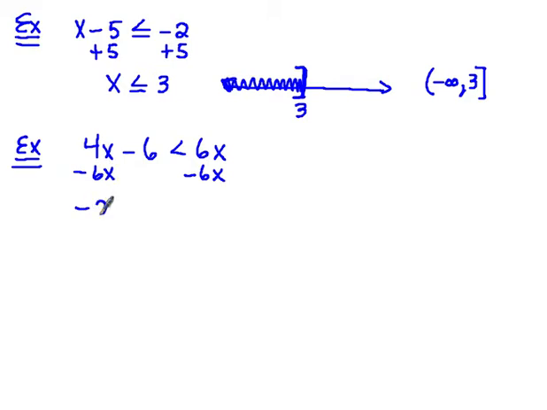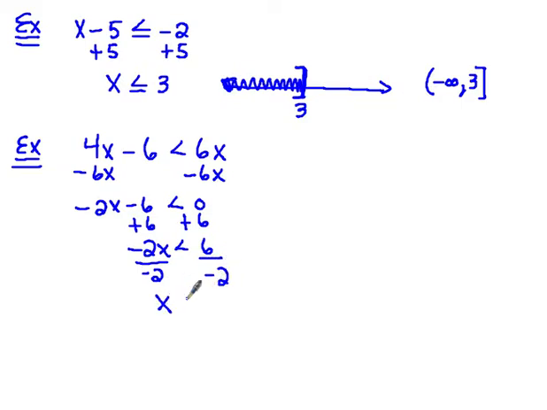So I've got negative 2x minus 6 less than 0. So let's add 6 to both sides. So I get negative 2x less than positive 6. The next thing that we would do is divide both sides by negative 2. And we get negative 3. Okay, now the rule is